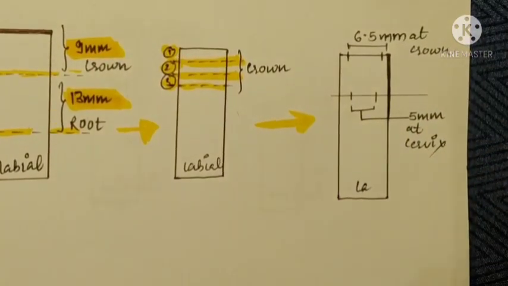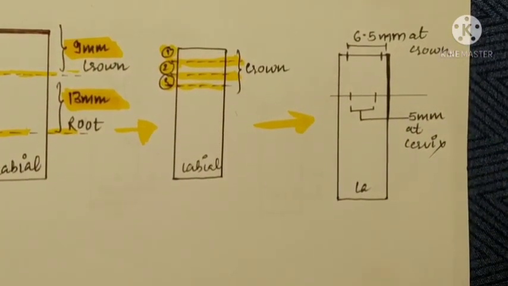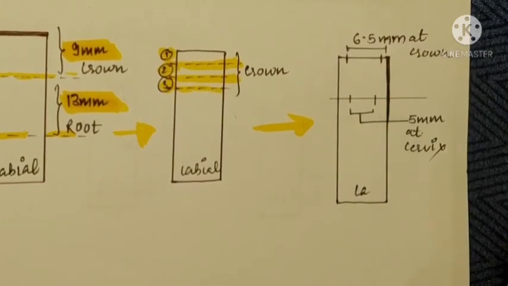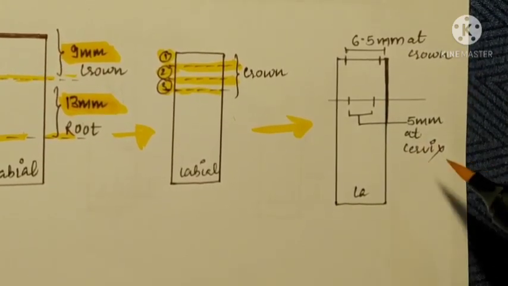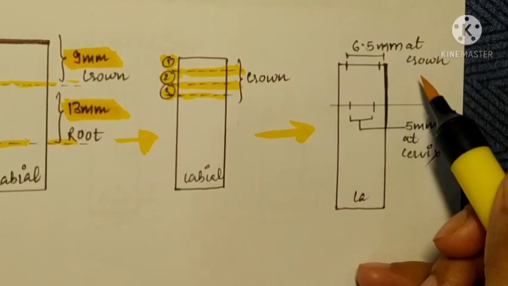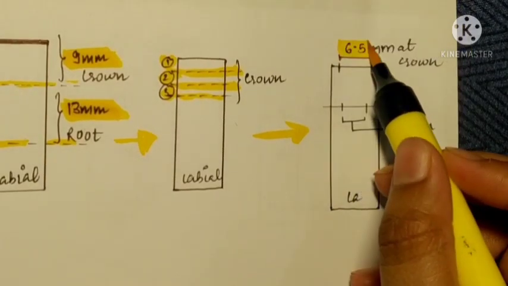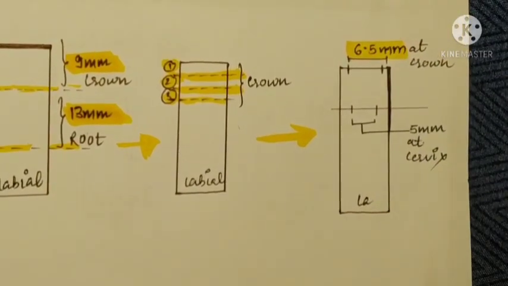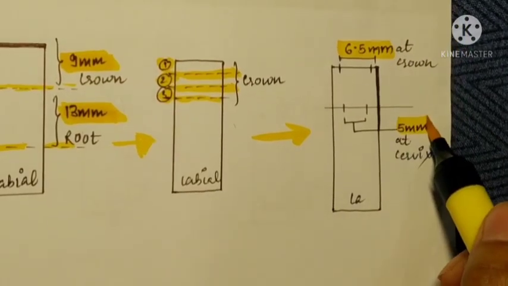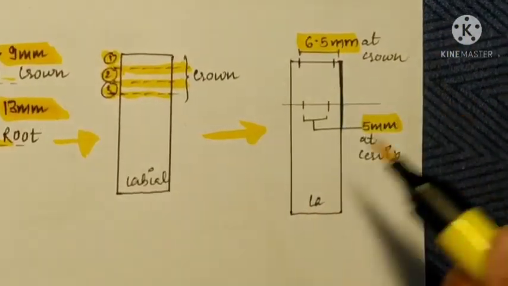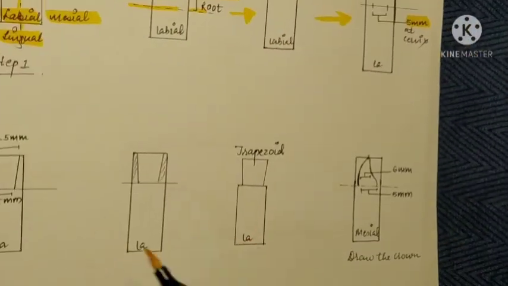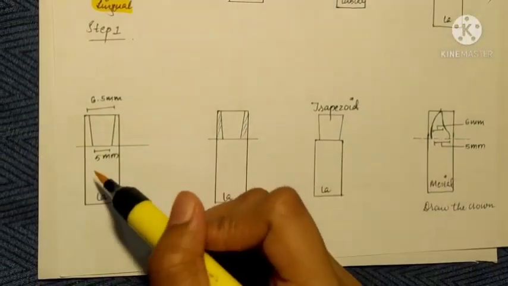After dividing the crown into three equal parts, we are going to mark the mesiodistal dimension at the crown and the mesiodistal dimension at the cervix. The mesiodistal dimension at the crown is 6.5 mm and at the cervix is 5 mm. This we have marked. Now in the next step,